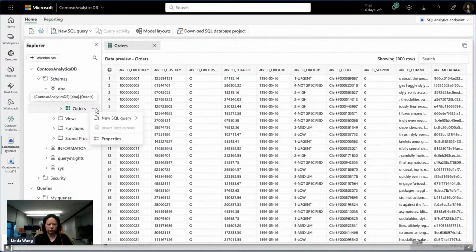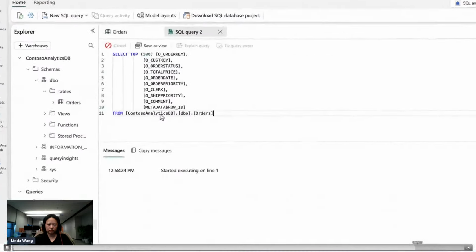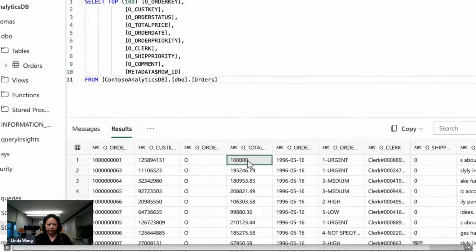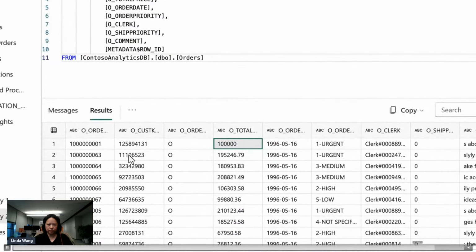I can quickly go to my SQL Analytics endpoint and verify that all my operations have been done. The first row has indeed been updated with the correct pricing number. I can also verify that the 3 rows that I have deleted are no longer showing up here as well. And lastly, I can confirm that my 5 rows that I added at the end of my CSV file have indeed been added in here as well.